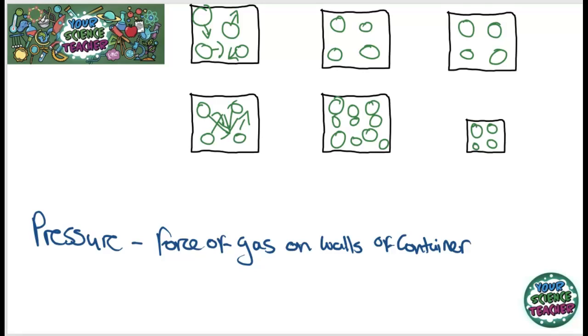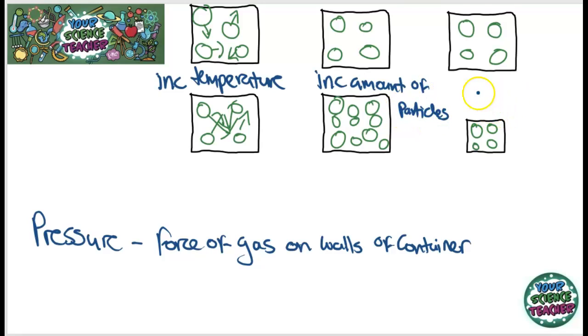So, how can I increase the pressure of a gas? Well, I can do three different things. I could increase the temperature, as shown here, and if you look at the particles in the bottom square, you can see that they're moving more. The arrows are larger, indicating they are moving much faster. Or I could increase the amount of particles as shown here, and you can see that I've got more particles down here. There are obviously going to be more collisions with the wall of the container, and that's going to increase the pressure. Or finally, I could decrease the volume of my container.